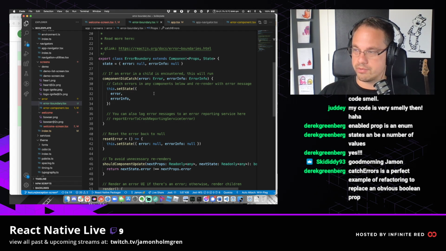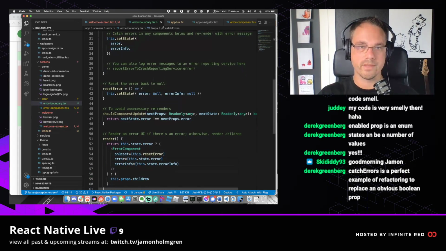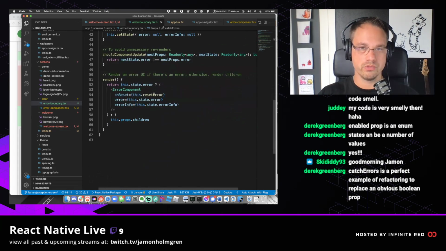Catch errors is a perfect example of refactoring to replace an obvious Boolean prop. I agree. 100%. So what we're going to have here is